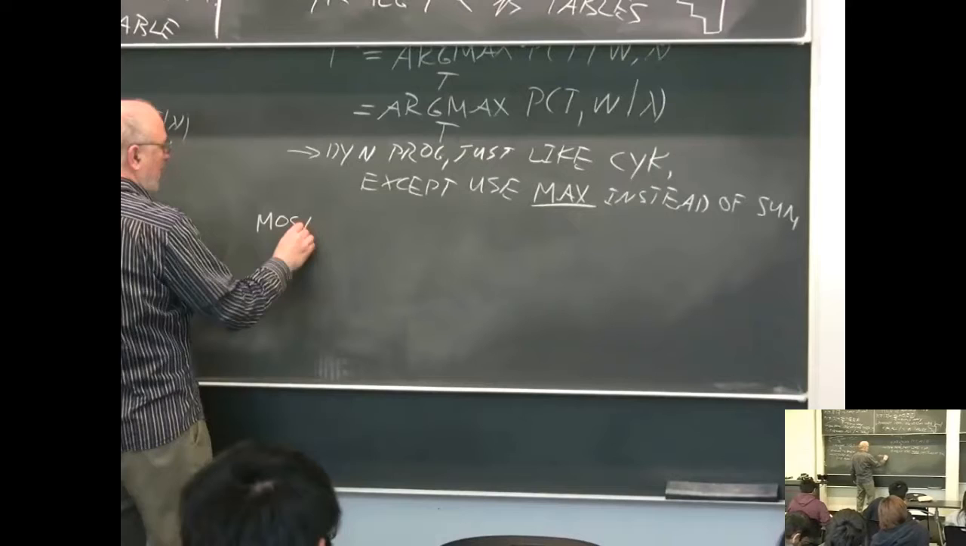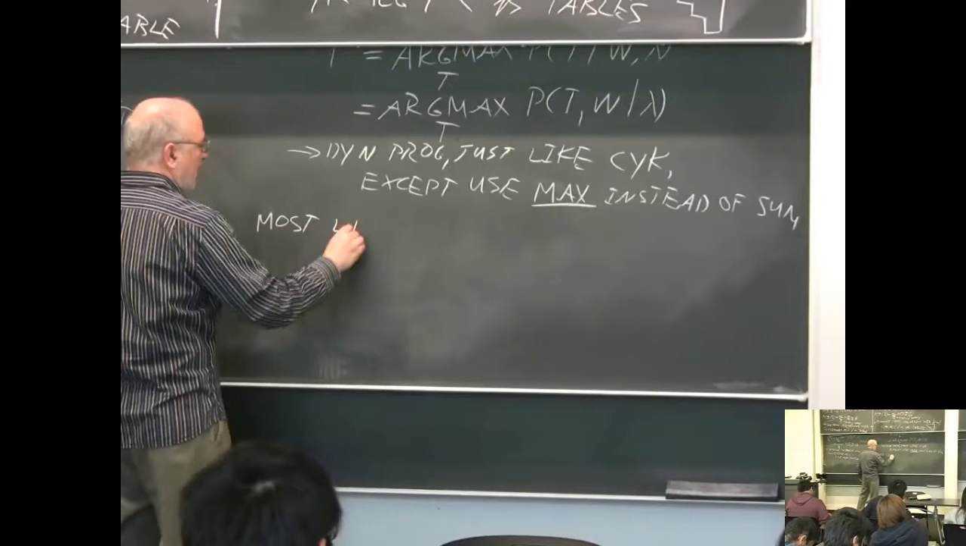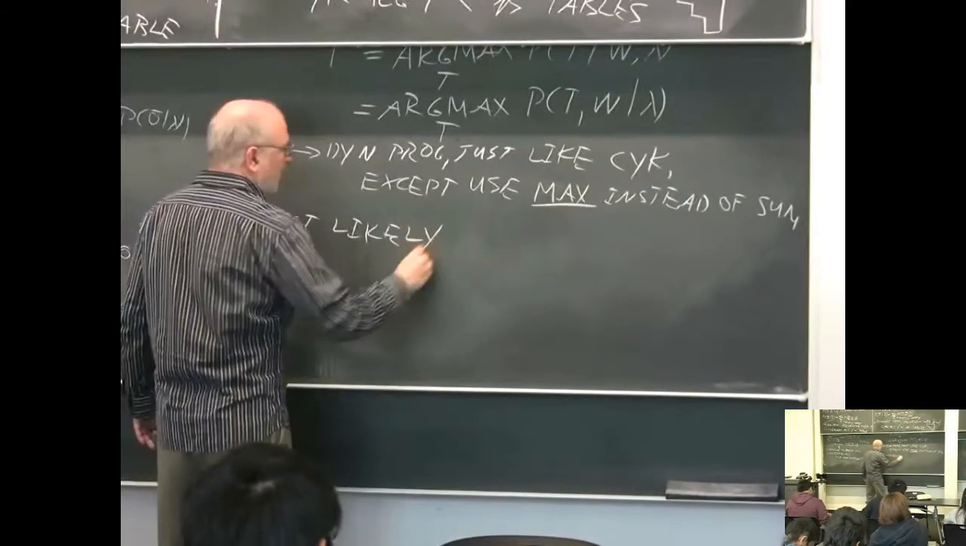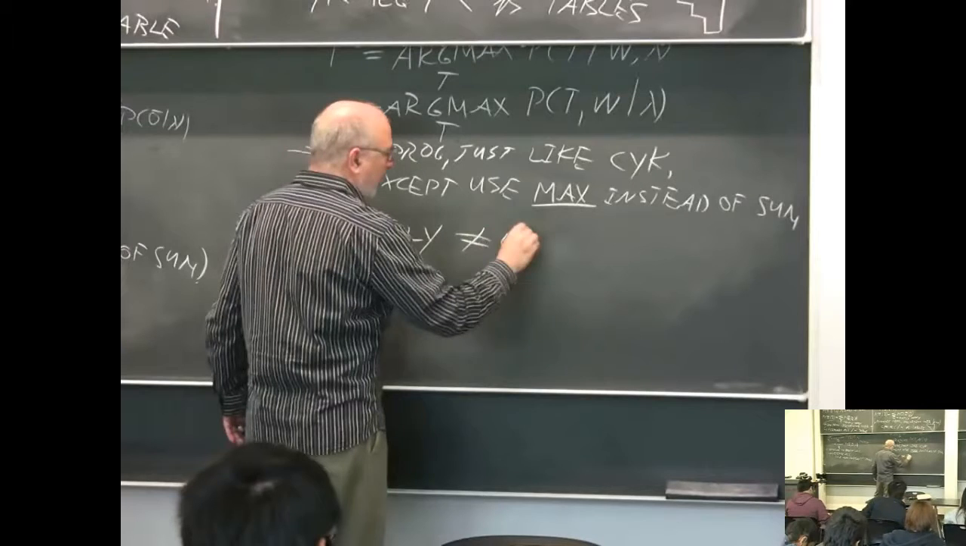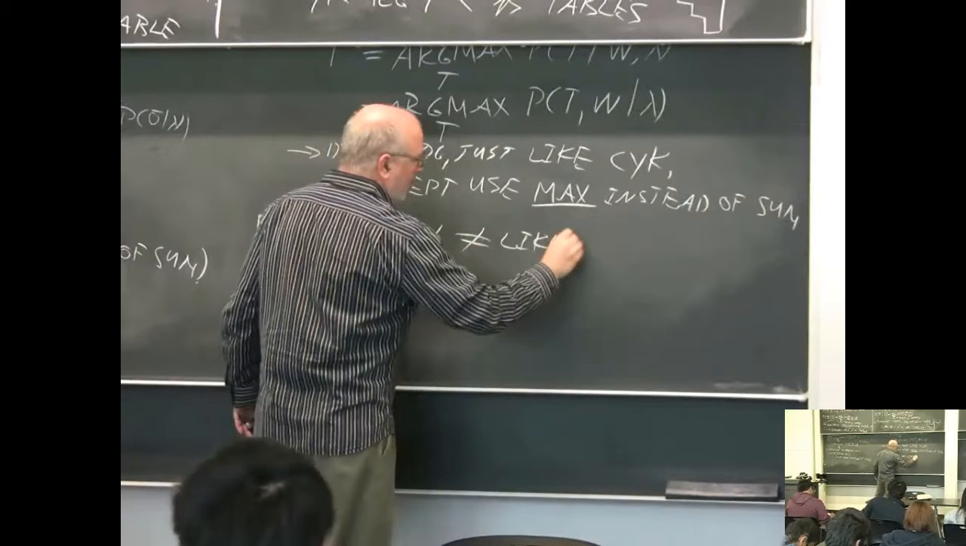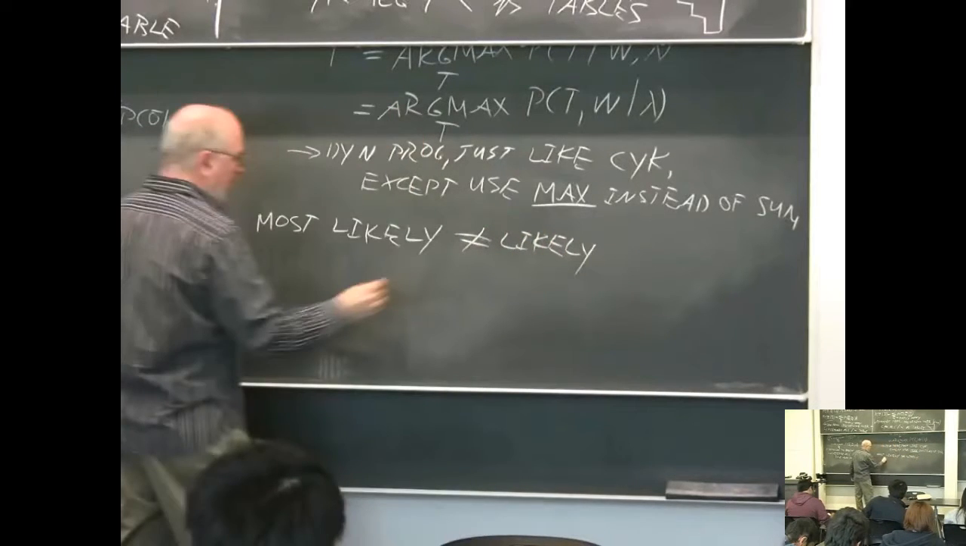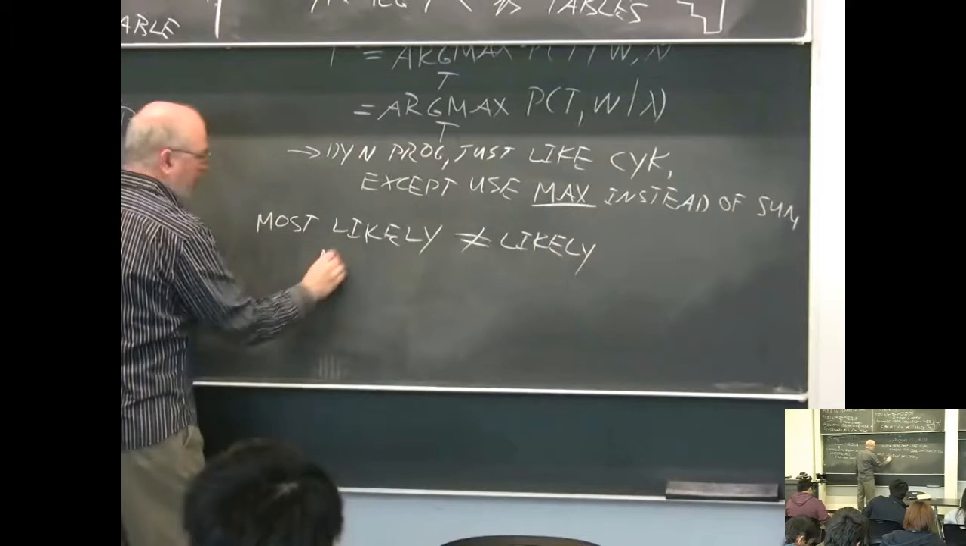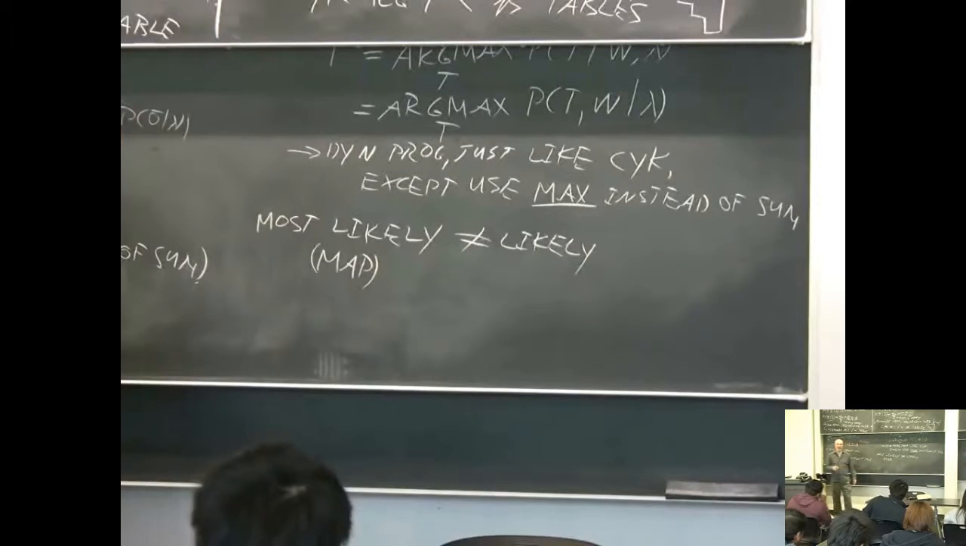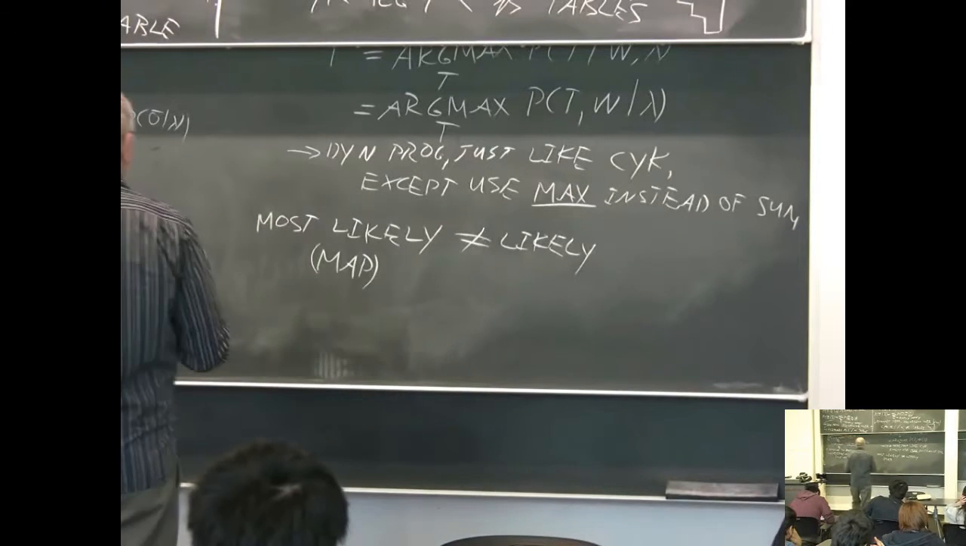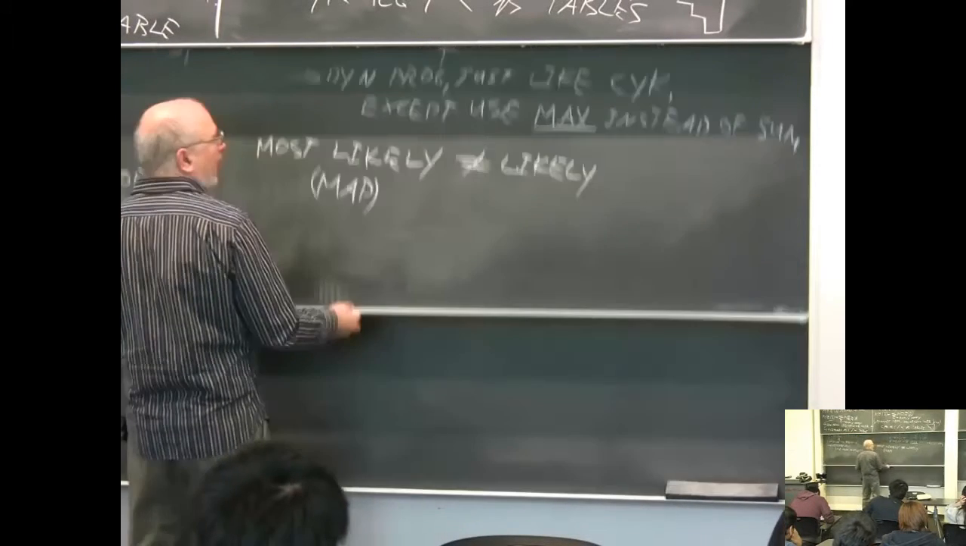Most likely does not mean likely. Most likely is what we called MAP before, maximum a posteriori. Given the model and given the observation, whatever we observed, posterior to that, after we took that into account, what is the most likely outcome? Okay. The third problem we have